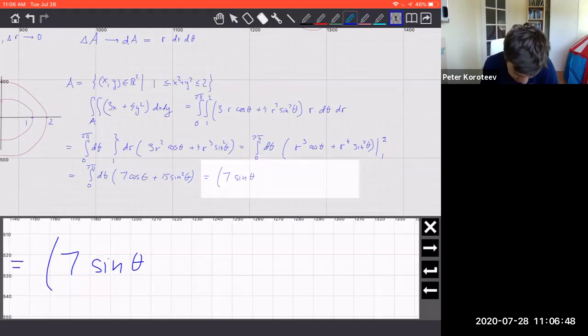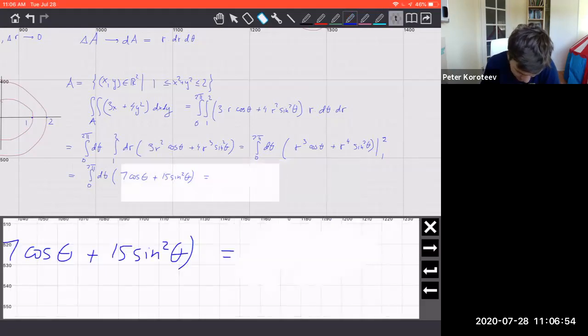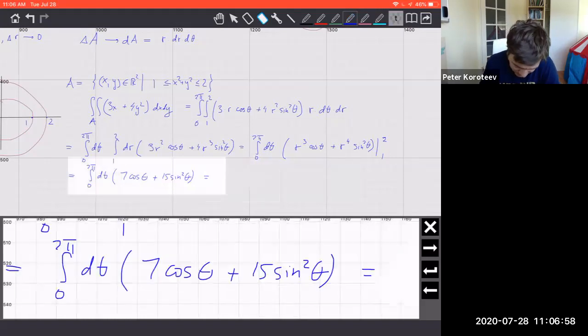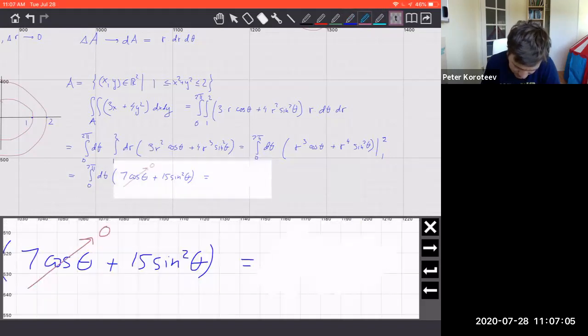And actually, we don't even have to calculate it here. Let's save ourselves some time. The integral of any periodic function over the period is 0. So therefore, the first integral will disappear because it's a periodic function. And here from sine squared, we need to single out the non-vanishing part, right?